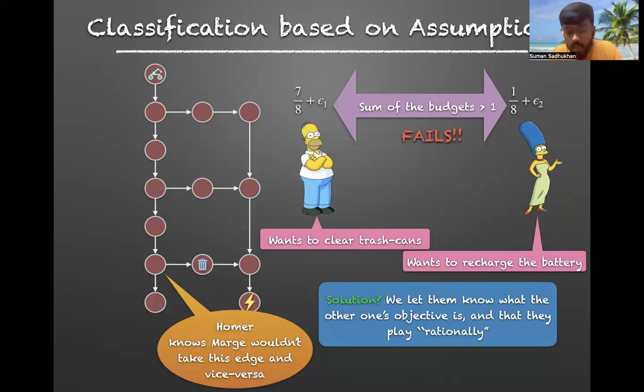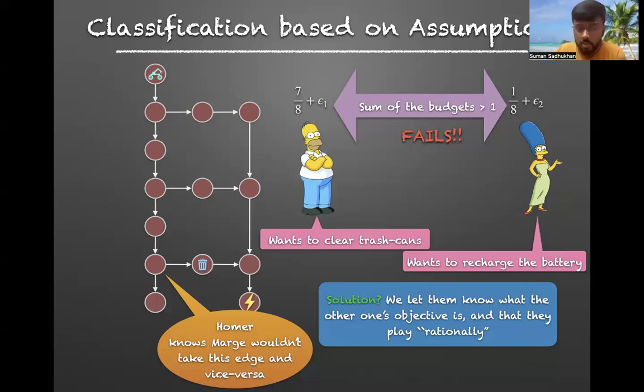So if they didn't know this information, then both of them would have tried to win the bidding here, because if they lose the bidding here, a complete adversary will defeat them, right? But because they now know this information, they will not bid anything in that vertex. In the sense, they will not care whether they win the bidding or not, because they know that even if I lose, the other player will not choose something that is defeating for me.